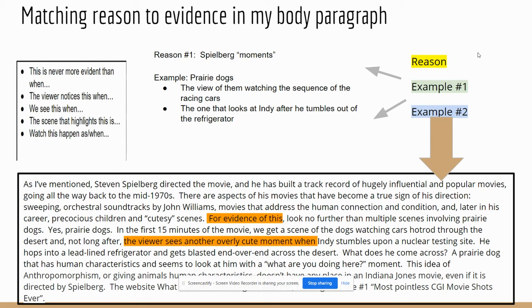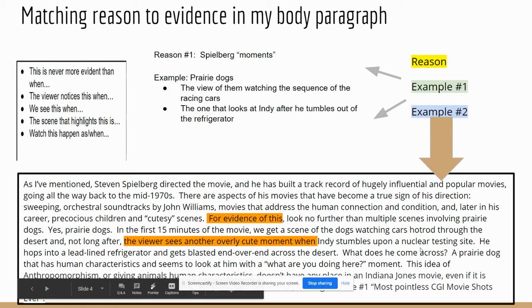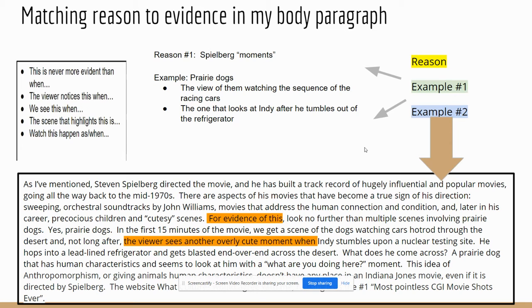So here's one of my body paragraphs. This is a new body paragraph that I worked on today. So this idea of Spielberg moments. Okay, so I really kept it tight and narrow in this paragraph. My last paragraph was kind of long. So I'm focusing on this idea early on. He uses prairie dogs twice, really, within like 10 minutes of each other. And it's just something that to me seems really cheesy in a movie that, while not a serious movie, it just seems out of place as a way to use humor. So it's something that I just didn't like.